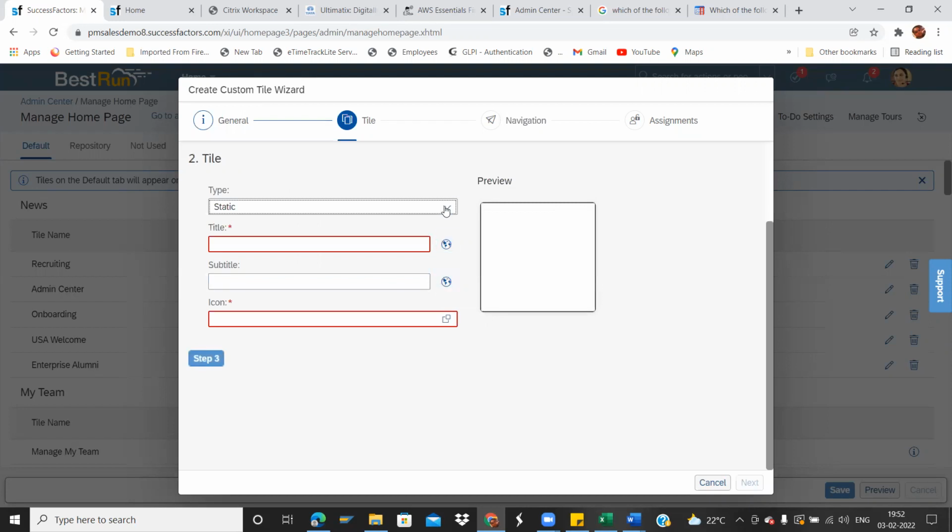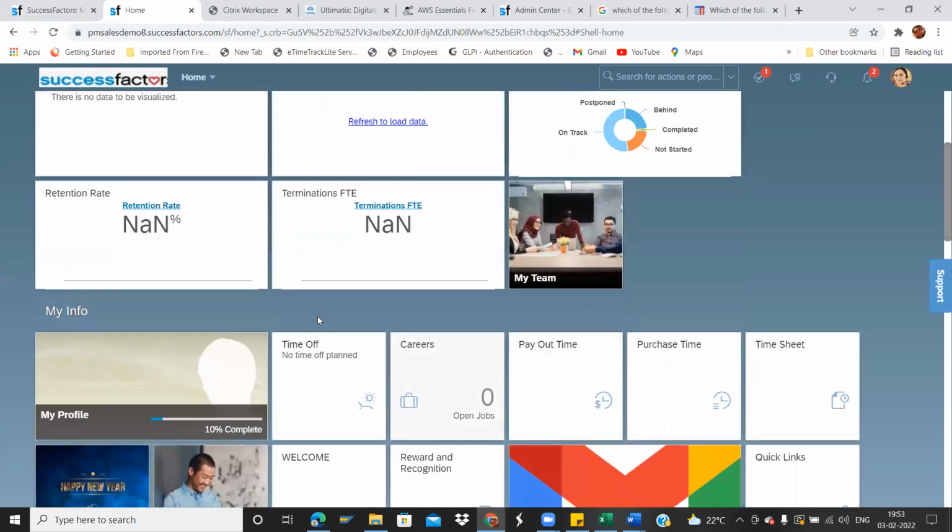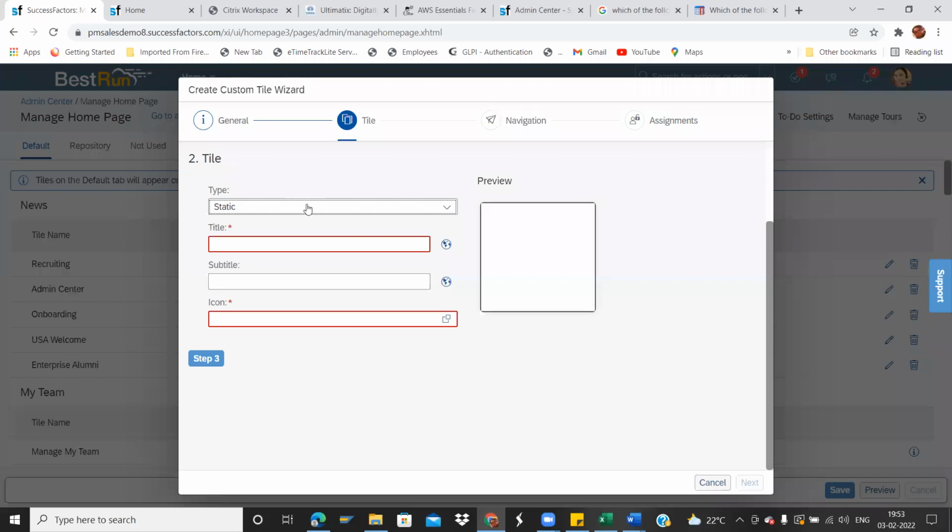Step 2: static is nothing but this, without any information. If you see, without any image, without any graphical element, the background is black or white, it is static. If you want to keep this, you can keep this. In preview, you can see.